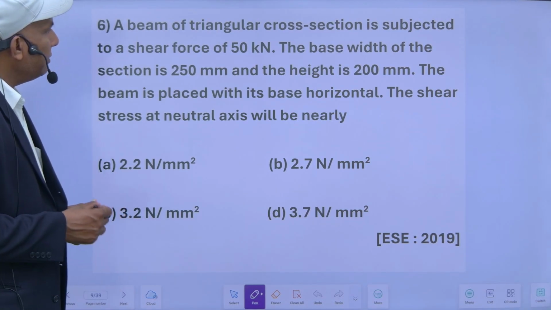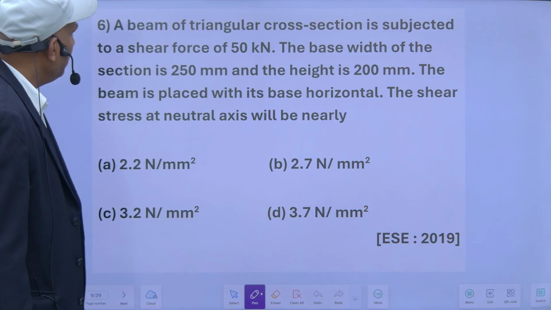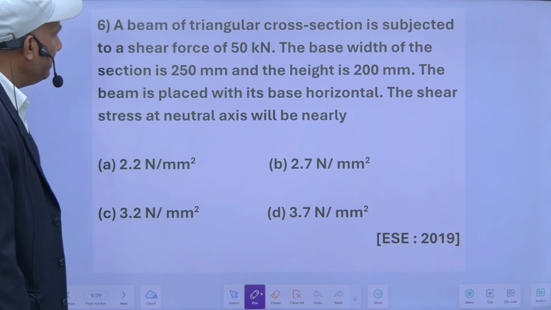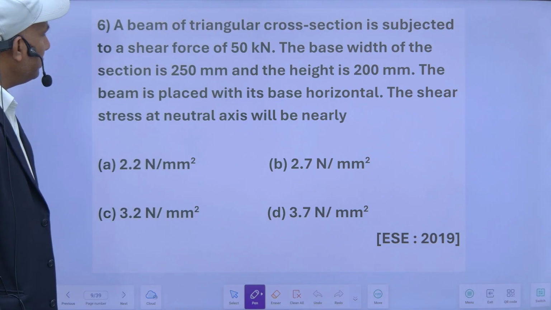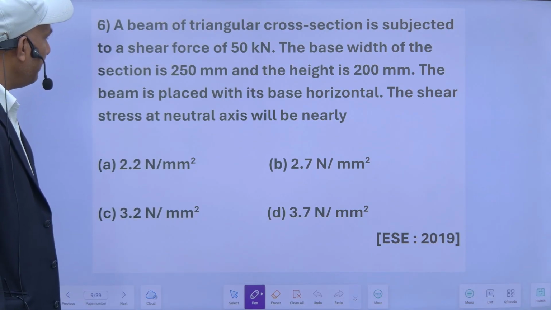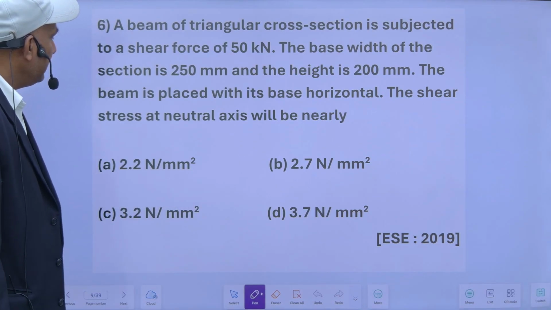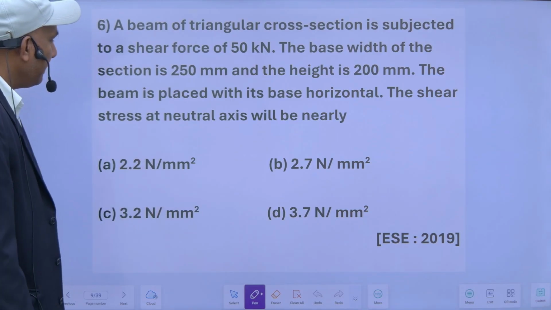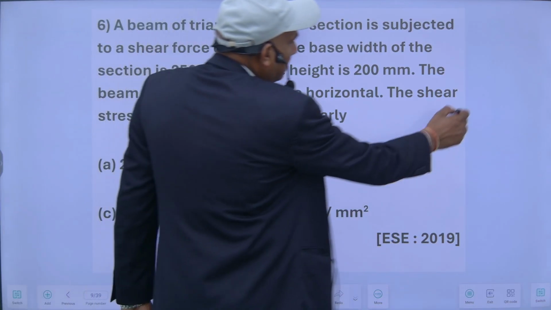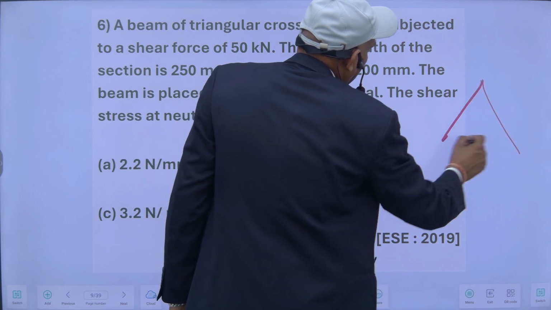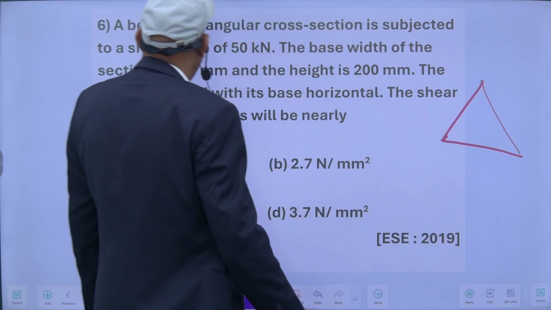A beam of triangular cross section is subjected to a shear force of 50 kN. The base width of the section is 250 mm and the height is 200 mm. The beam is placed with its base horizontal. The shear stress at the neutral axis will be how much? So my beam cross section is like this, a triangular shape. Its base width is